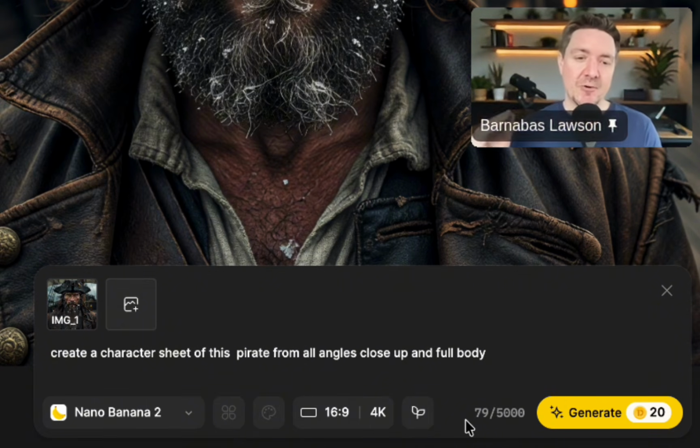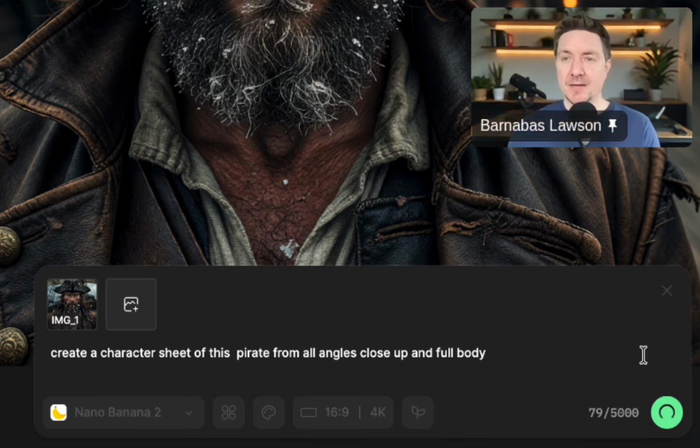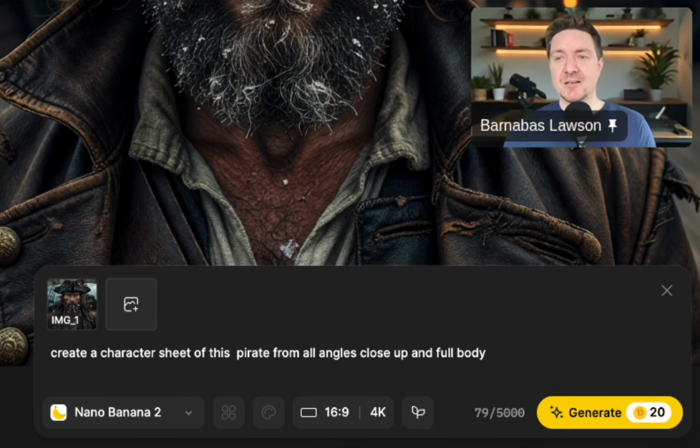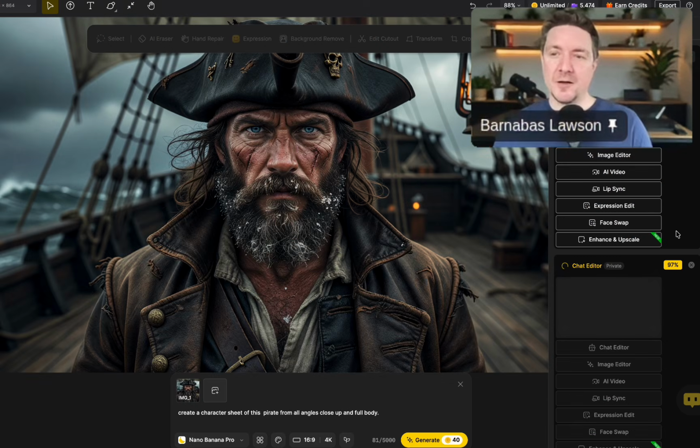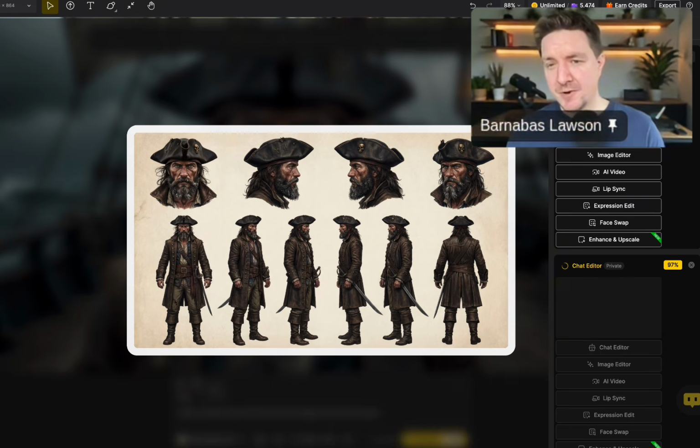So I've just written, create a character sheet of this pirate from all angles, close up and full body, and click generate. So that's going to create us a character sheet. With Nano Banana 2 being really new, the demand is quite high, so it seems to be going slower at the moment, but we've got Nano Banana Pro here, which is a very similar kind of model,